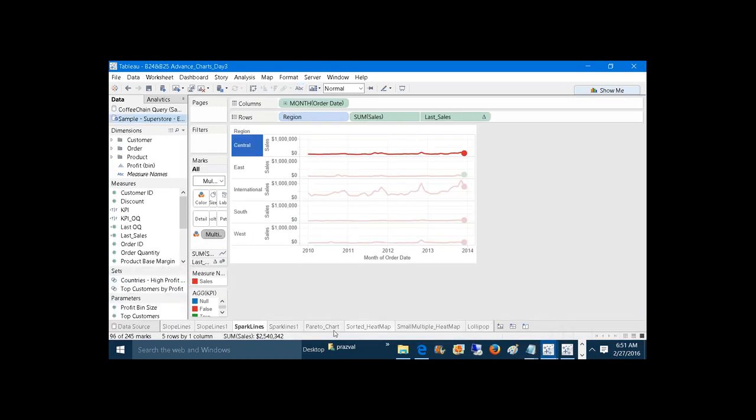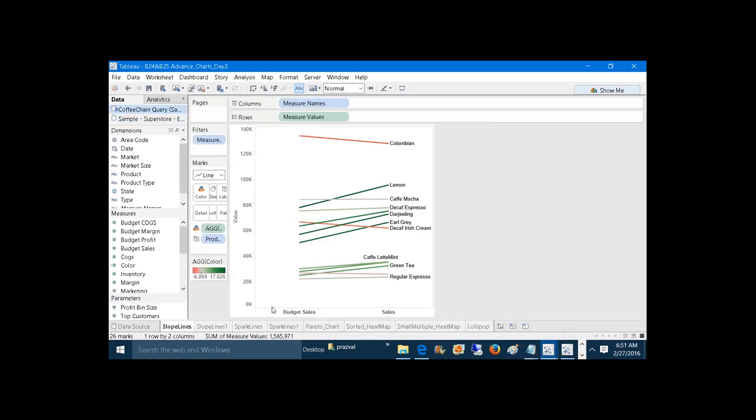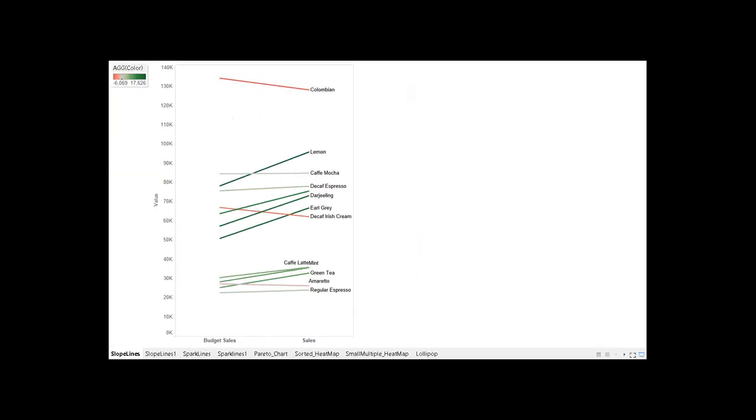So how exactly that looks means the slope lines look like this. Here, this is showing in the red color. It means in this chart the actual value, which is sale,